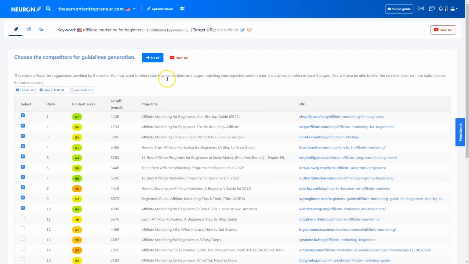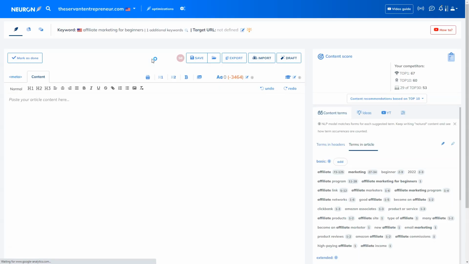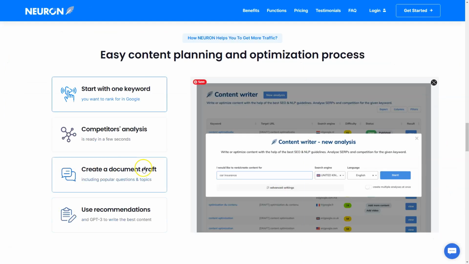But before doing that, I would like to point out a nice feature that I really like here, which is they have a how-to tutorial video for each section in each step of the process. So if you want to learn more about this step here, how to choose competitors for guideline generation, you can click on the how to button here, that will take you to a YouTube video tutorial. So I'll click on next here, and here we get the Neuron text editor, which is step 3 here,